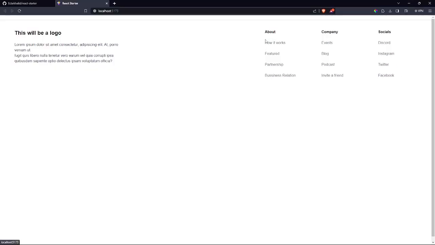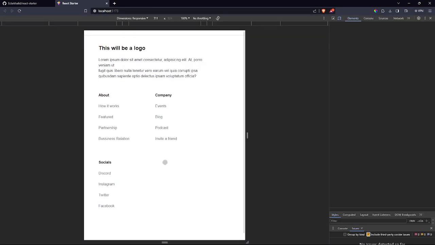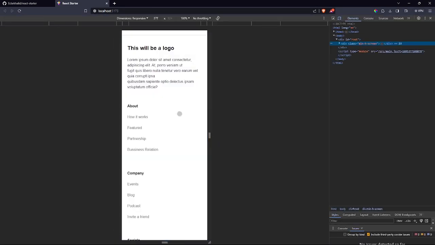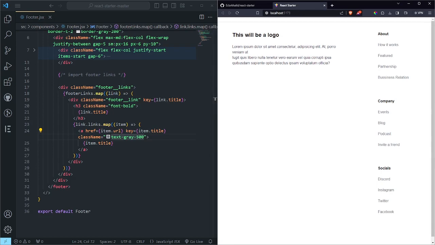So if I expand this, you can see we have the about, company, socials, and you can also add another category like we said earlier, customer, something like that. And now here you can replace the socials with your, let's say, React icons. So you can take those icons below here, and then here you can make it another section. So if I inspect it, you can see that it's fully responsive. You can see, so it's only one thing you are going to add below here, which is going to be,